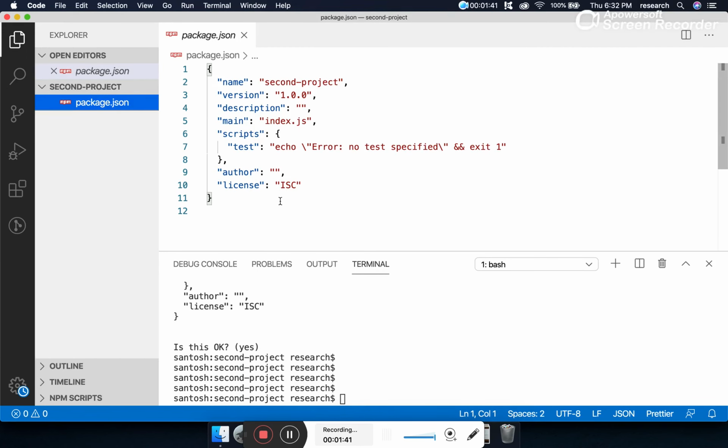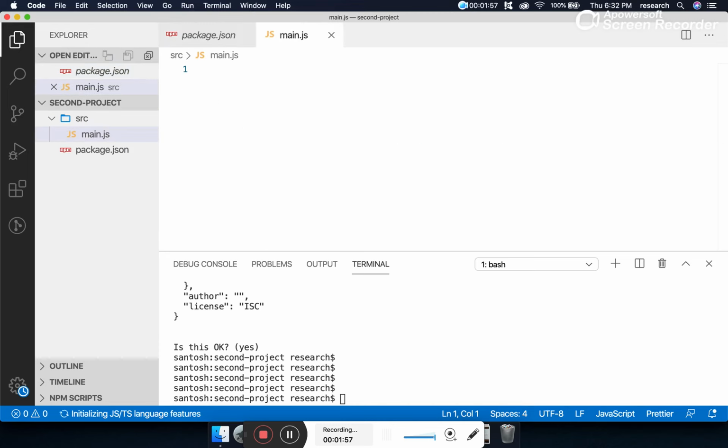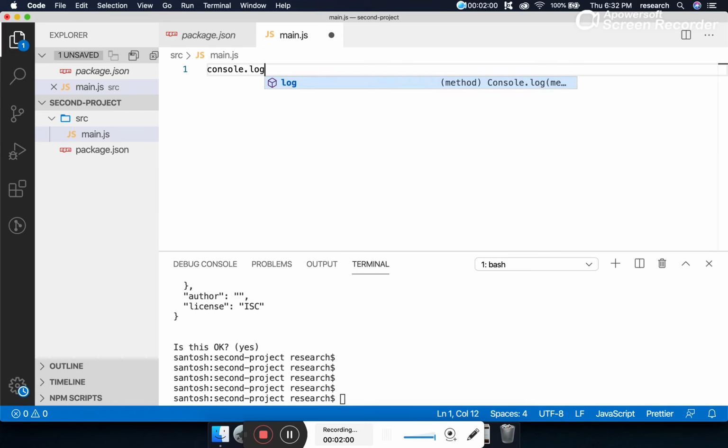Right now I'm not going to install a third-party or external module using the npm install command. That's completely optional. Today we are mainly concentrating on local module management. We are creating an src folder where we will write all our programs. We'll create one main program, main.js. This is our main program where we'll start by writing hello world.